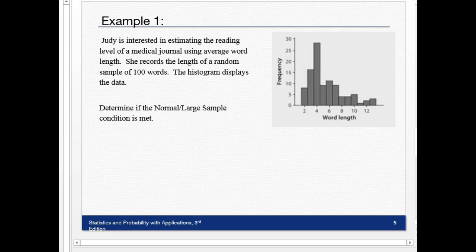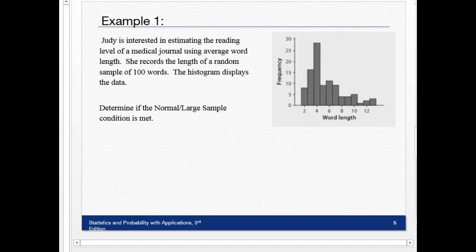So let's try the first problem. Judy's interested in estimating the reading level of a medical journal using an average word length. She records the length of a random sample of 100 words. The histogram shows the data. Determine if the normal large sample condition is met. Well,